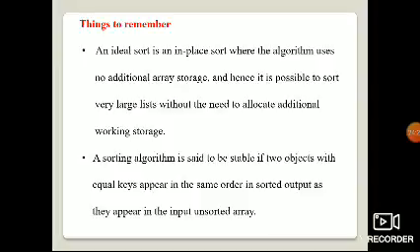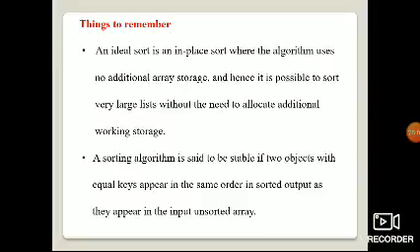A sorting algorithm is said to be stable. Stable means that after sorting there is no need to change the content. A sorting algorithm is said to be stable if two objects with equal keys appear in the same order in the sorted output as they appear in the input unsorted array.